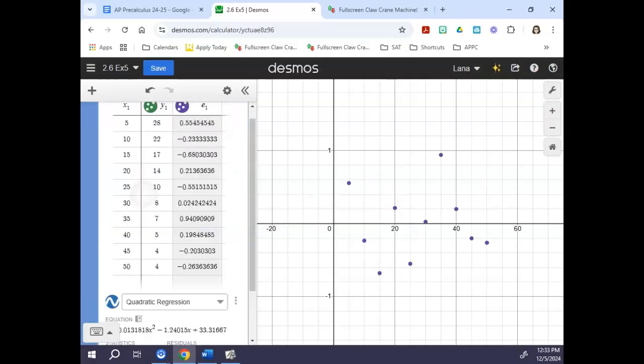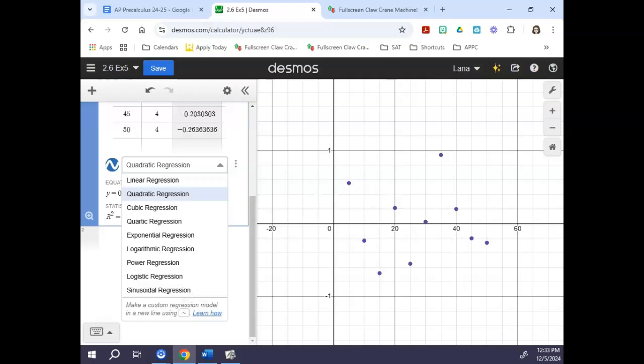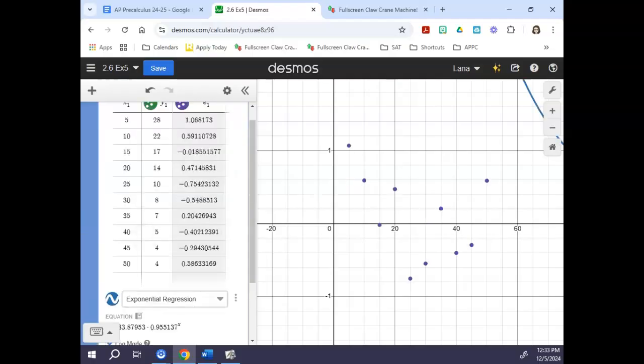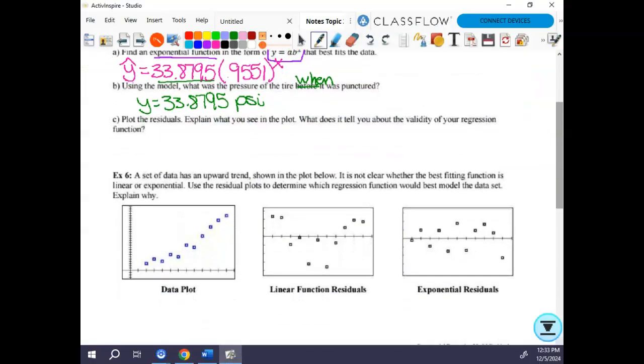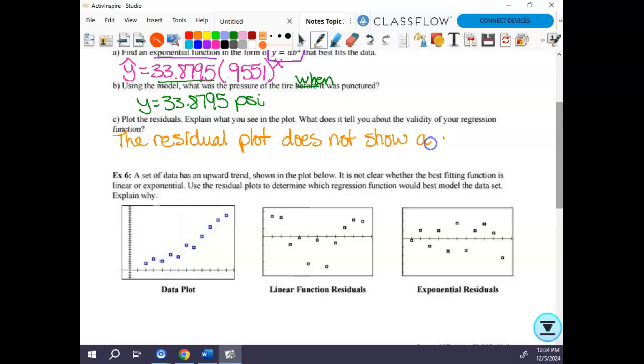I do think if we did another one, even quadratic looks pretty good, right? But it just asks you, so we're not saying that this is the absolute best, but does it seem like it's valid? Yes, it seems like it's valid, right? So we can say then, explain what we see. So we can say something like the residual plot does not show a clear pattern